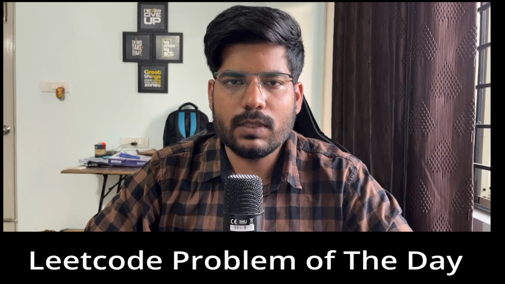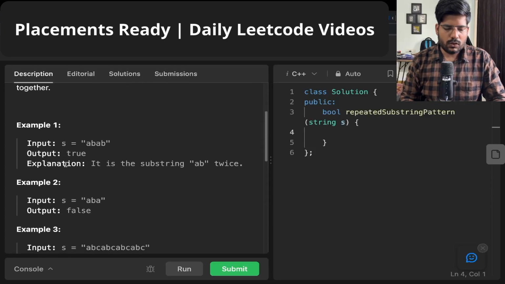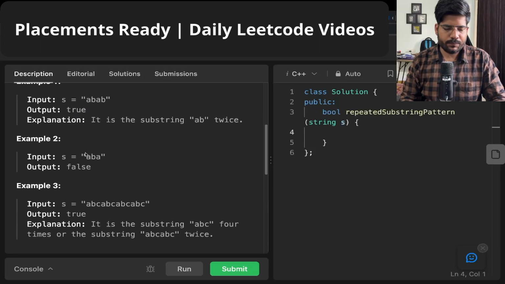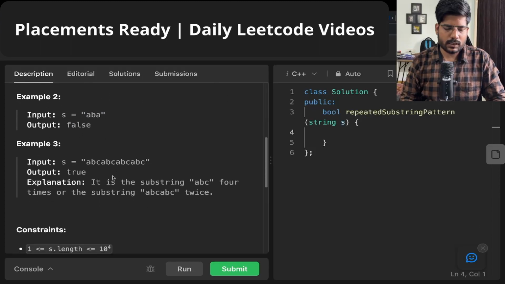So let's start the problem discussion. You can see on my screen, given a string s, check if it can be constructed by taking a substring of it and appending multiple copies of the substring together. For example, if you see the input which is ABAB, if we take the substring AB and concatenate it to itself, we will be getting true in this case, right? Because we are able to form the string. Similarly, if we take the substring as ABA or any substring of this, we will not be able to form the string S. Now in this example, if we take the substring ABC, we will be able to form S,